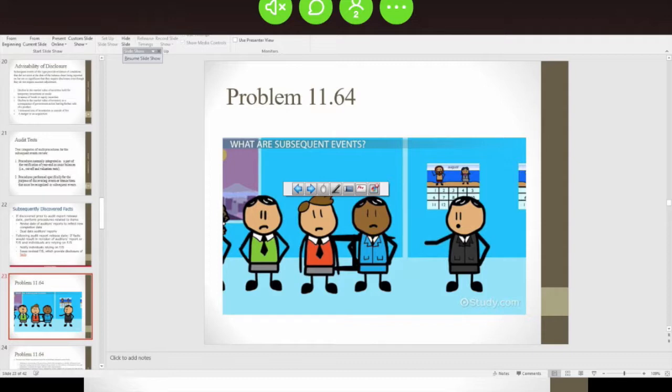disclosure is advised, right? The adjustment to the financial statements is a result of those conditions existing as of the balance sheet date. Because the conditions existed as of the balance sheet date, the fact that they occurred subsequently would necessitate an adjustment to the financial statements, such as if a customer went bankrupt on January 4th, right? That condition likely existed at the balance sheet date, because the customer is just not going to go bankrupt out of nowhere. There was probably evidence that there was a collectability issue with that customer prior to the date that the customer